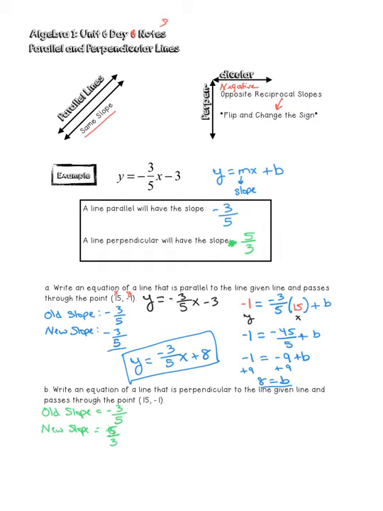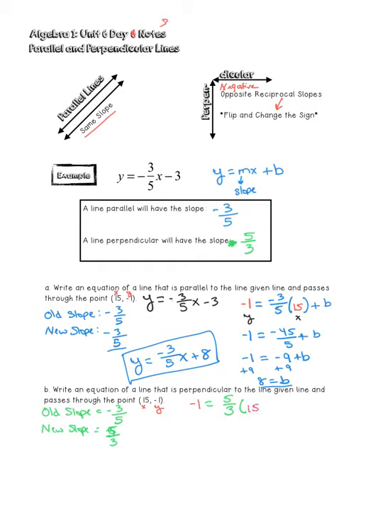Okay? I flipped the original slope and changed the sign. The math is still the same. I'm still going to do my points. Negative 1 equals 5 over 3, because that's my new slope, times